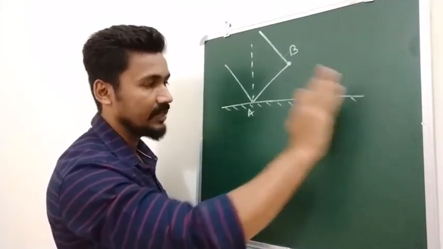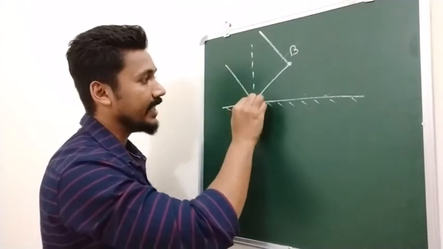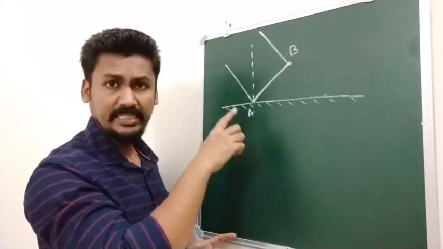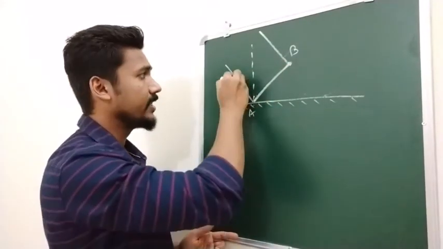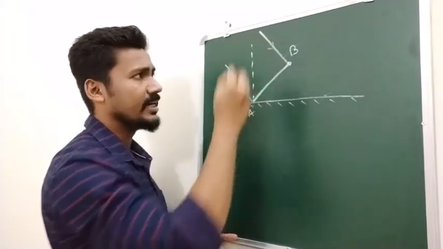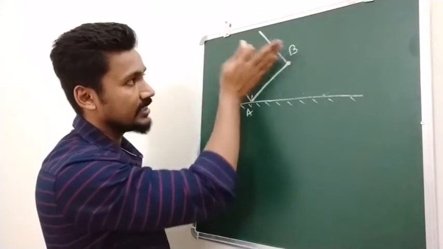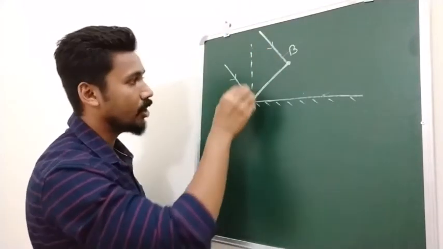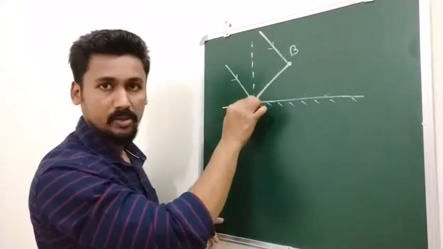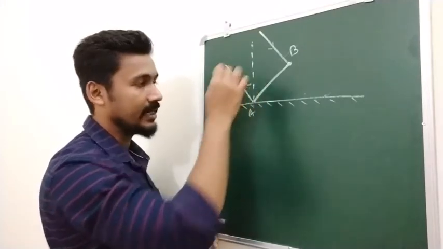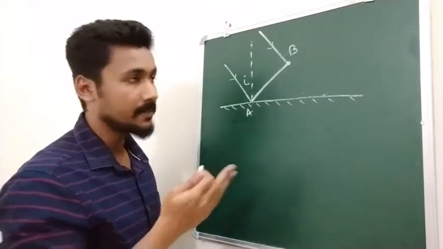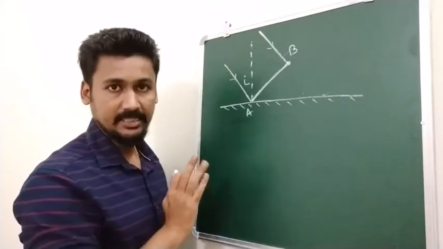So this is our reflective surface and AB is our incident wavefront. As we discussed previously, we are going to consider a plane wavefront for this. The wavefront is incident at some angle, and if we draw the normal over here, that angle will be i. That will be our angle of incidence. So this wavefront is incident like this.